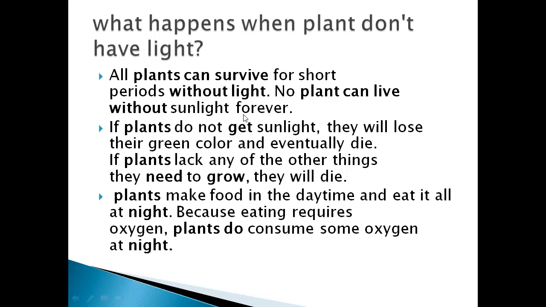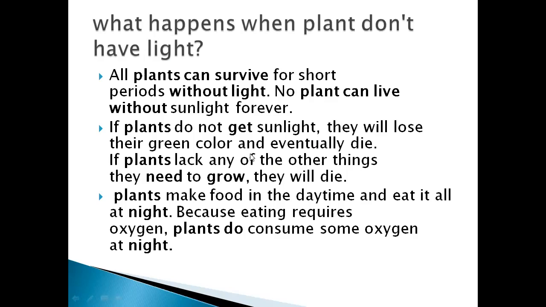If you put a plant in a dark place for 1, 2, 3, 4 days, it may survive, but after many days it will not. If plants do not get sunlight, what happens? They will lose their green color and eventually die. Slowly they can turn yellow, and at the end they will die. Because with the help of sunlight, the process of photosynthesis happens in the leaves. If not, there is no food. Even you, if you don't eat food for 3, 4 days,